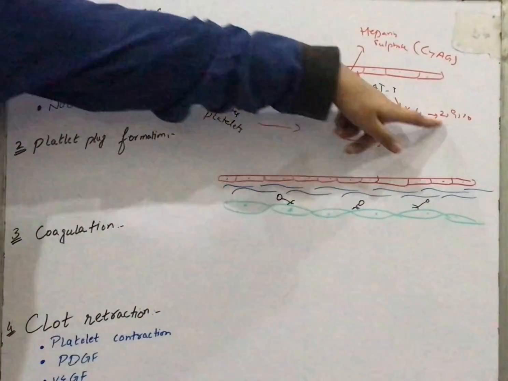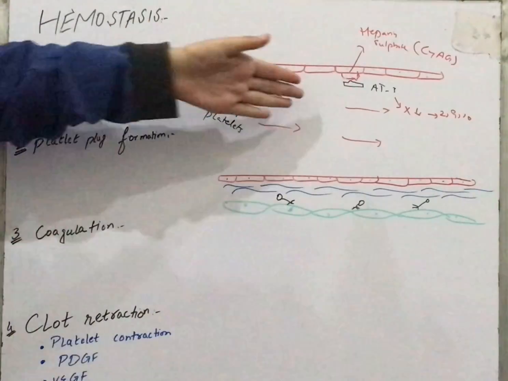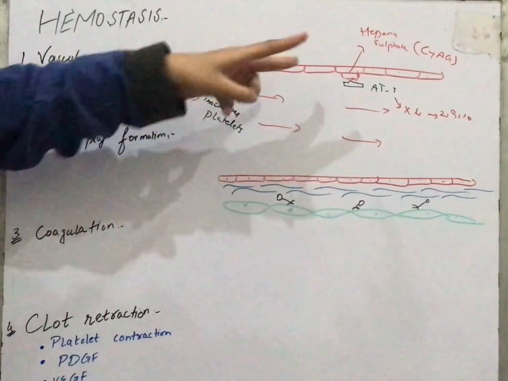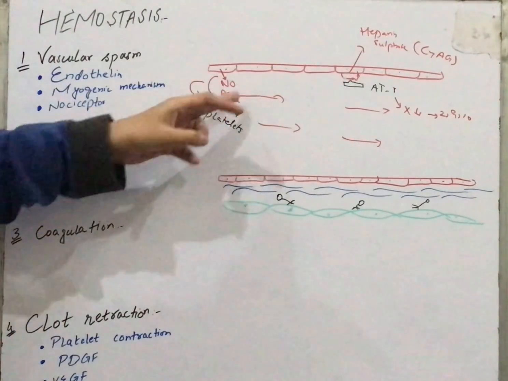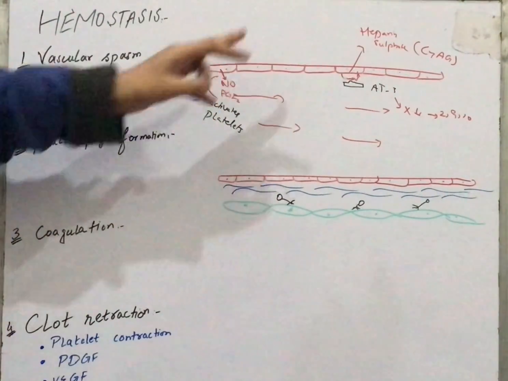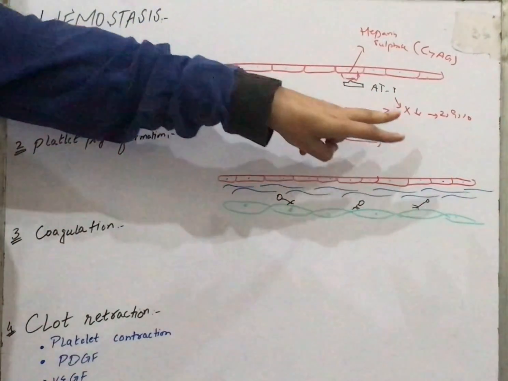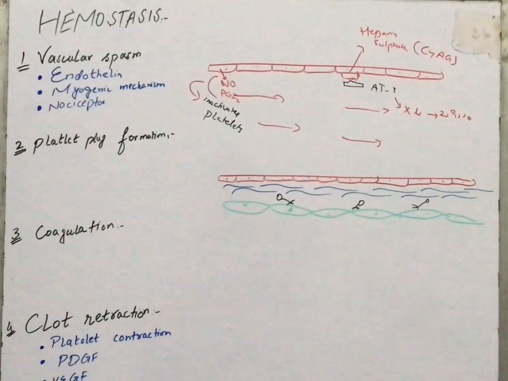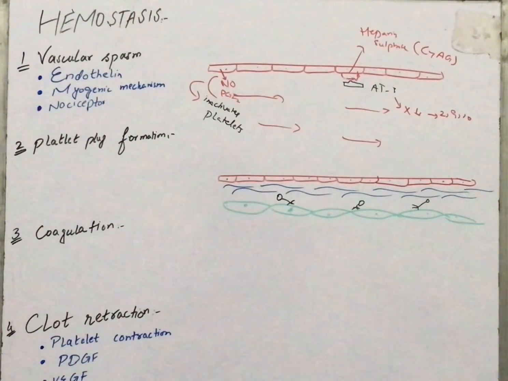So when there are no active clotting factors in our bloodstream, there will be no coagulation. So 2 things we have studied: first of all, our endothelial cells secrete nitric oxide and prostaglandins, and second, they have antithrombin 3 which degrades our clotting factors 9 and 10. And the third thing endothelium has, endothelium